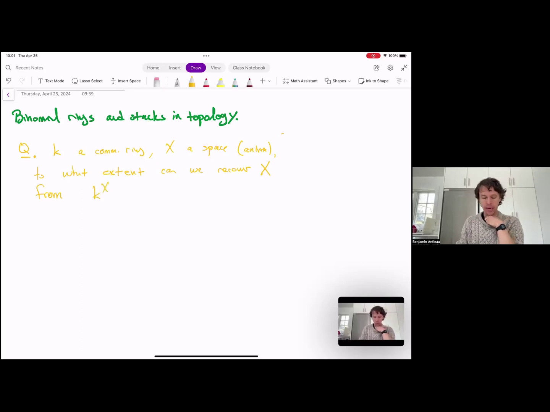So I'll write K upper X, and if you like, this is what you might also write as cochains on X with coefficients in K. And here we really are wanting to view this as an E infinity ring or something else, some kind of highly structured object. And the basic idea is,